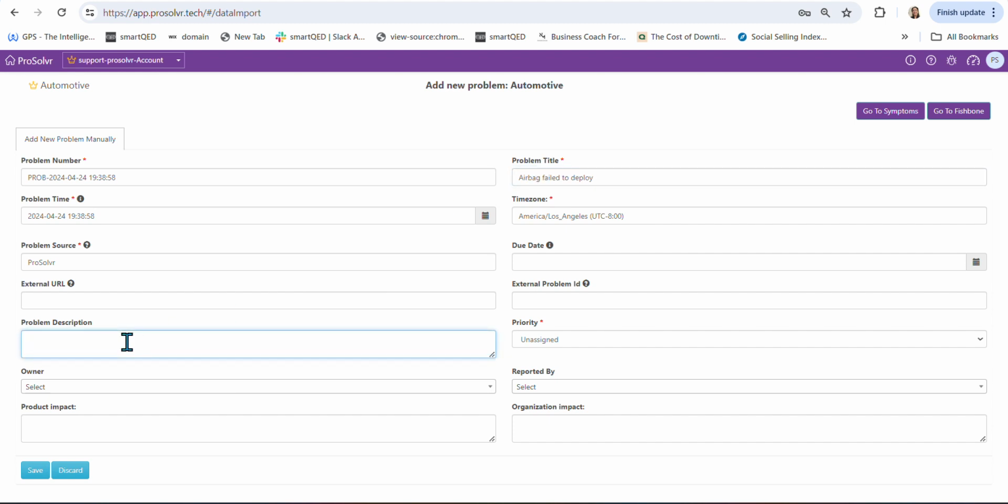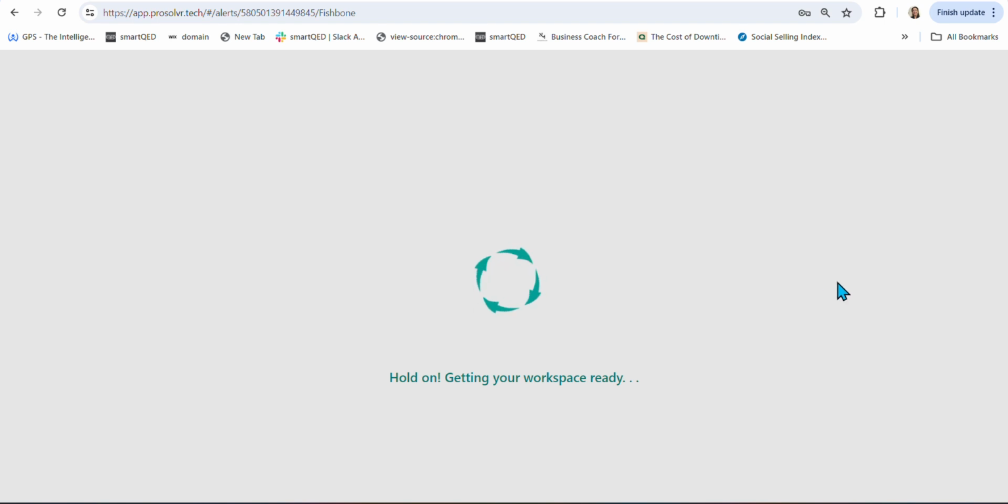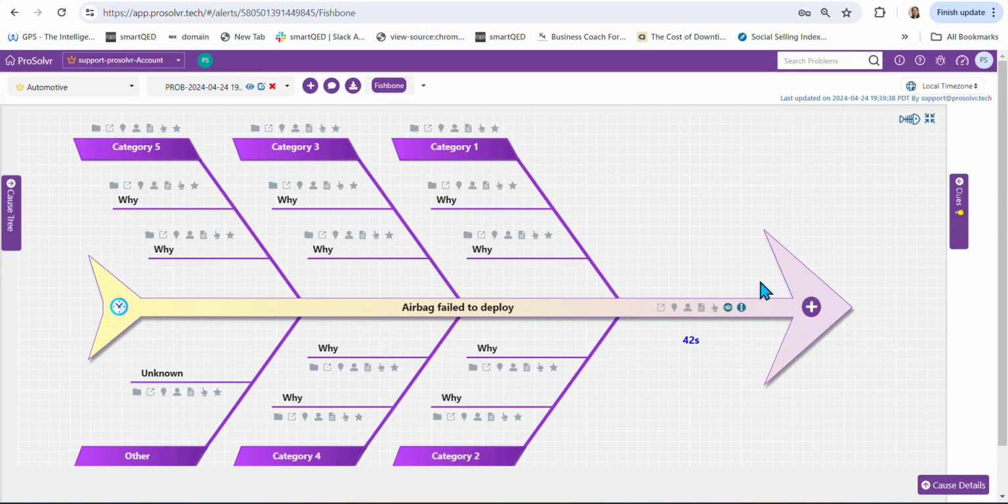And the problem description is car collision but airbag did not inflate. So this is obviously a serious problem. Let's give it a priority of P1. You can add all these other fields including due date and product and organization impact and the owner, but these are optional. Let's save this problem, and the application is going to take us to this page where it gives